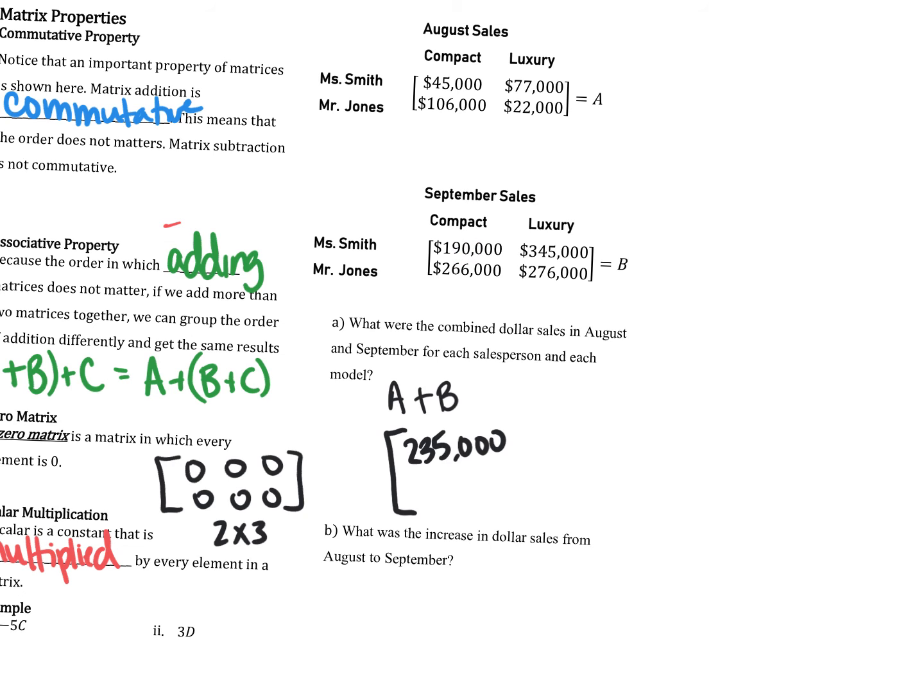Next one, what was her luxury sales? 77 plus 345. This is $422,000. What was Mr. Jones's sales? 6 plus, for his compact sales, it was 372,000. For his luxury sales,